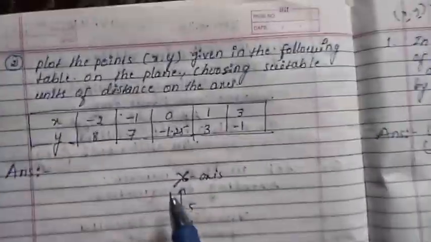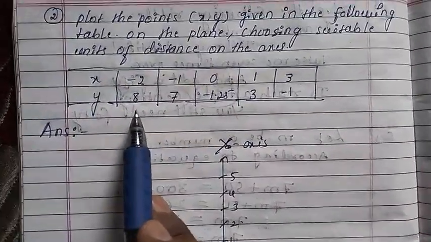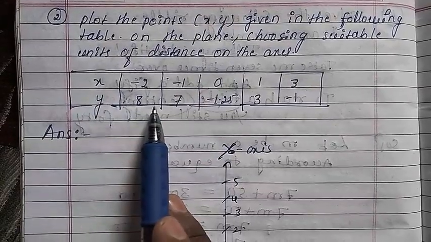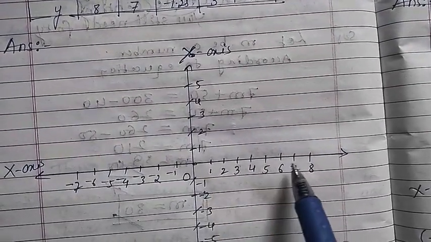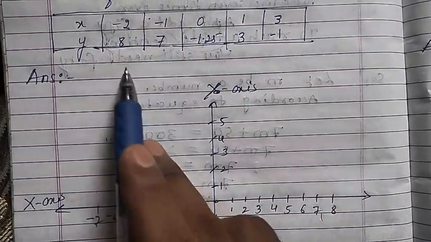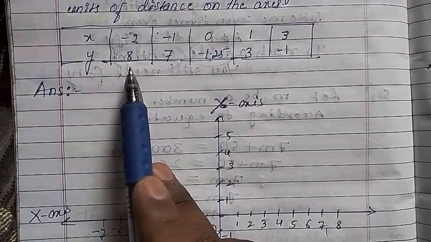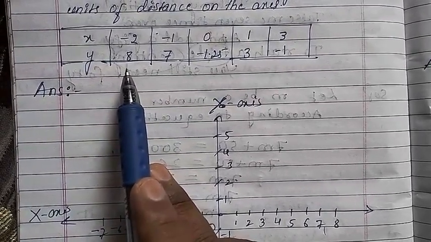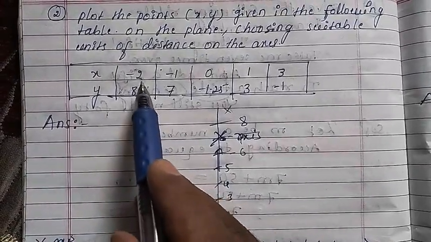Now see what the given coordinate points are here. First you have to draw the y-axis and x-axis. Now see the maximum number, how much is there? 8. Clear? The maximum number is 8. You have to extend the numbers up to 8 here. On the x-axis, 8 is there, positive. So for x and y, up to plus 8. Clear? Yes.